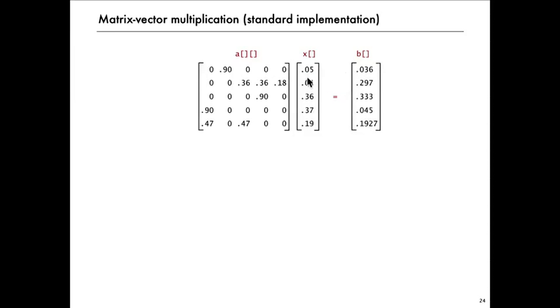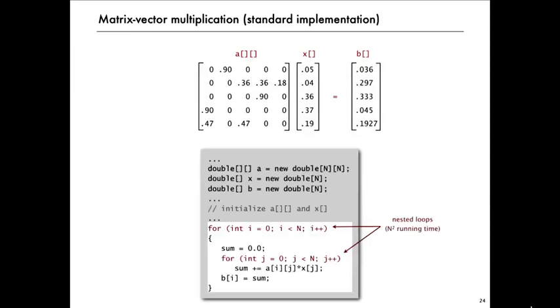So in this case, they're all 0 except for 0.04 times 0.9, which is 0.36. And then similarly, the dot product of this with that column is 0.297, and so forth. So the standard implementation of this is quite easy. We have a two-dimensional matrix and a one-dimensional column vector for the multiplicand and the result. And then they get initialized in some way, but the main computation is a pair of